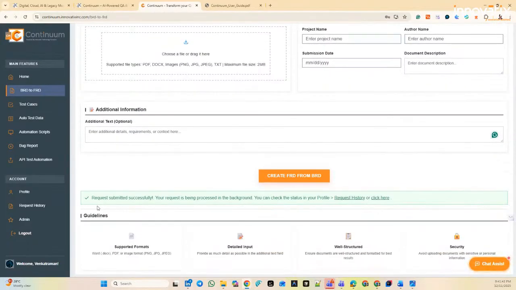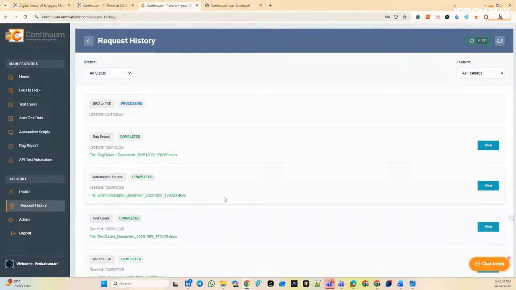So you can see this request submitted successfully. Your request is being processed in the background. You can check the status in the profile. So here in the profile, you can see the request history. So automatically your request will be found here. You can click on this directly, or you can go to this particular request history page,